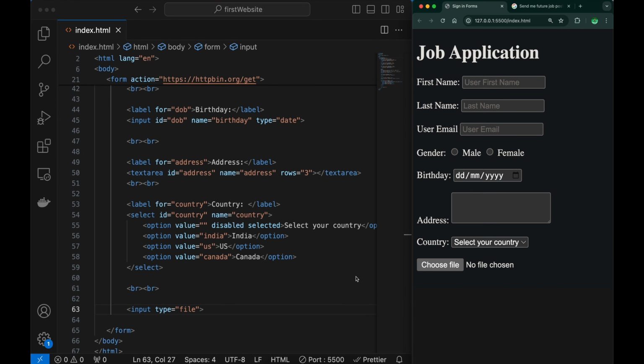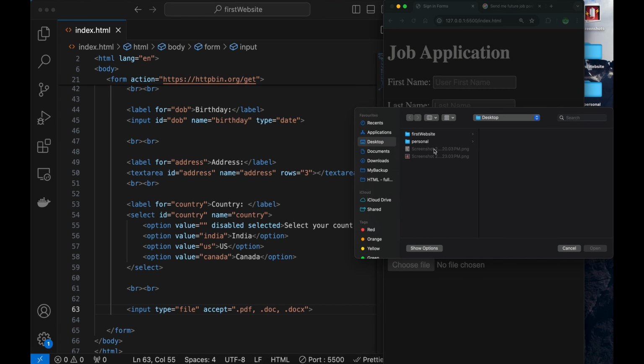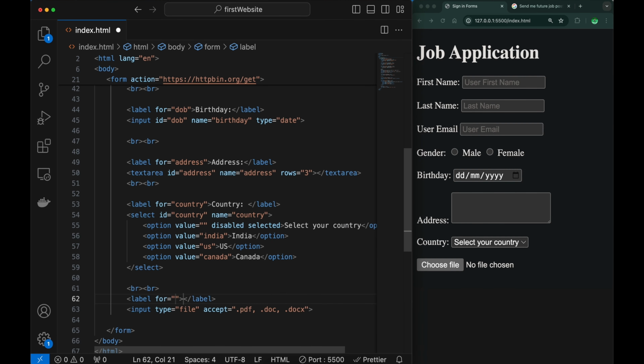By default, file allows us to select all types of file. In this job application use case, we need to accept only PDF or MS Word, the doc and docx. For that, we need to add the accept property and add the file extensions like pdf, docx. And now you save it, just click the choose file. Now you cannot choose the images, so it only accepts the PDF and doc. To add a label for this, resume, add id,